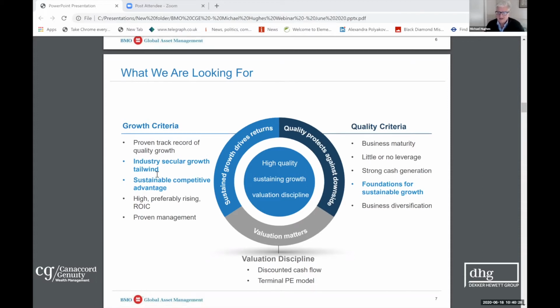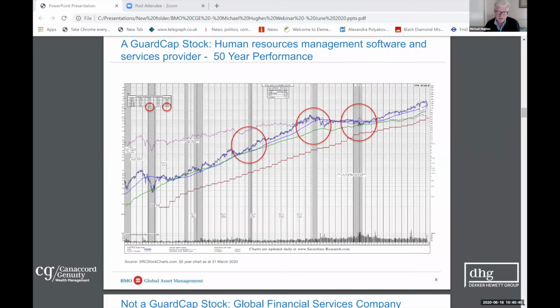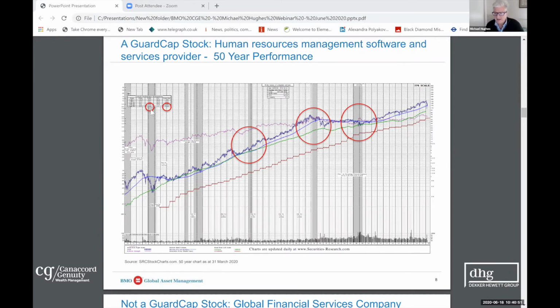Now, going back to the secular growth trend, this is one of the companies that we've invested in. It's an American company called Automatic Data Processing. This is a 50-year chart of it, no less. The green line is the earnings per share, and the blue line is the stock price. You can see clearly there's a relationship between the two. And in fact, what the little numbers in the top left-hand corner are telling you, and I'm sorry they're not very clear, is that over 50 years, this company has grown its earnings compound by 13% a year, and the stock has gone up